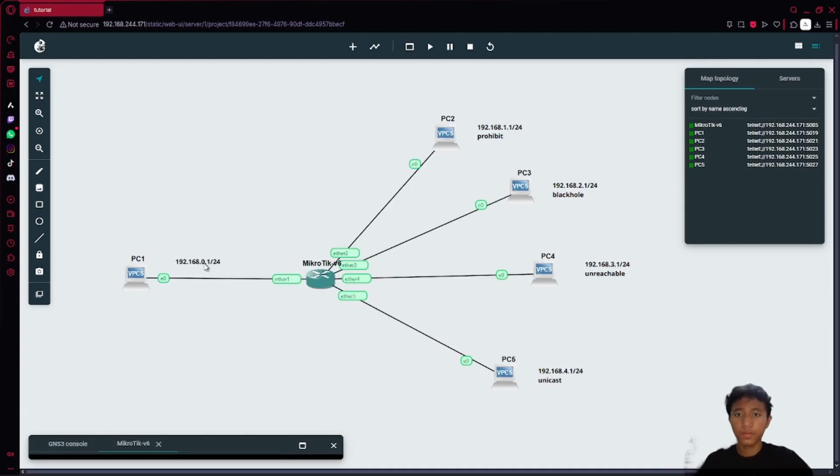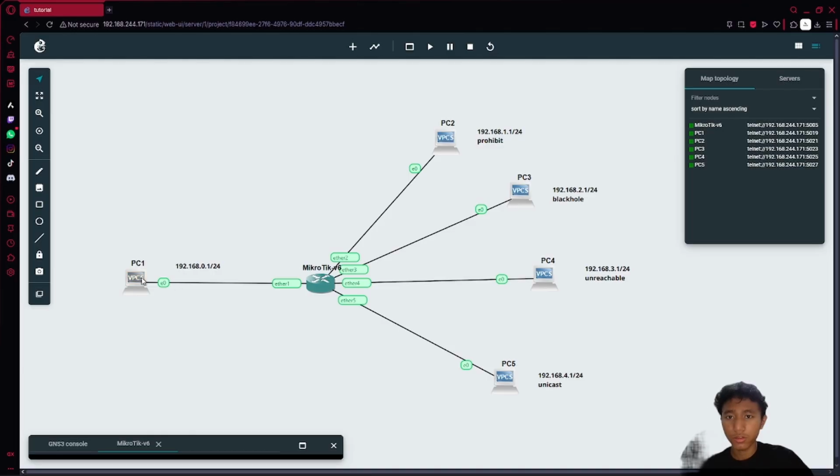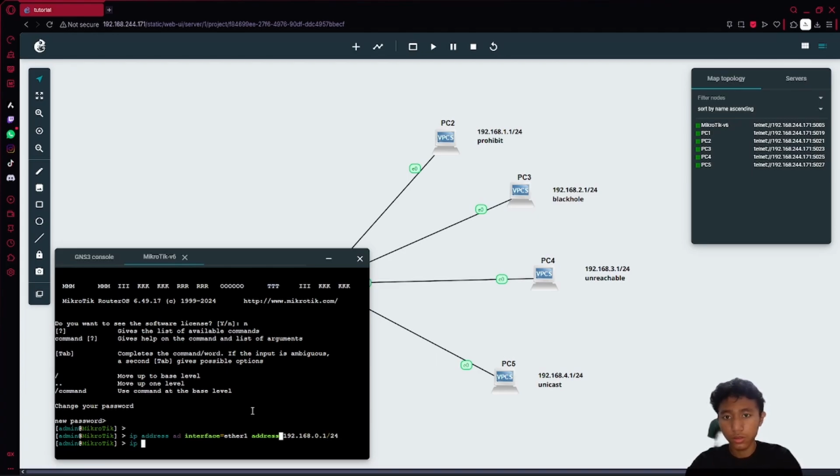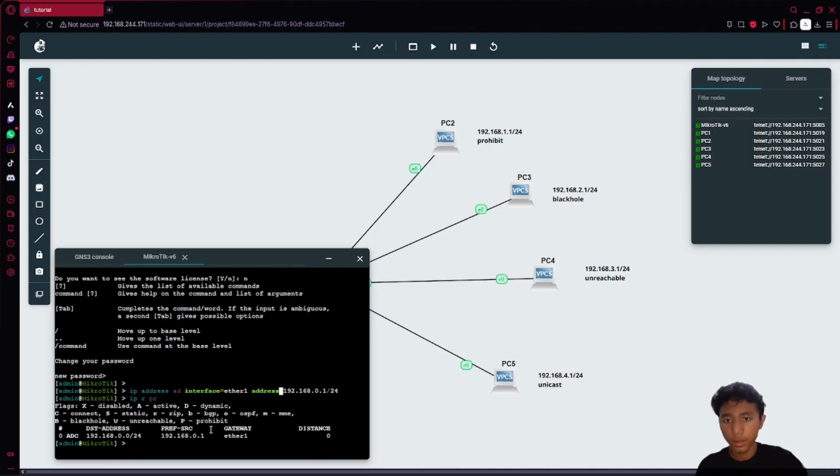On this topology, my Ether1 is connected to my first PC, and I will enter this address in the Mikrotik. So to configure it, IP address add interface Ether1 address 192.168.0.1/24. So the route will be active and connected.